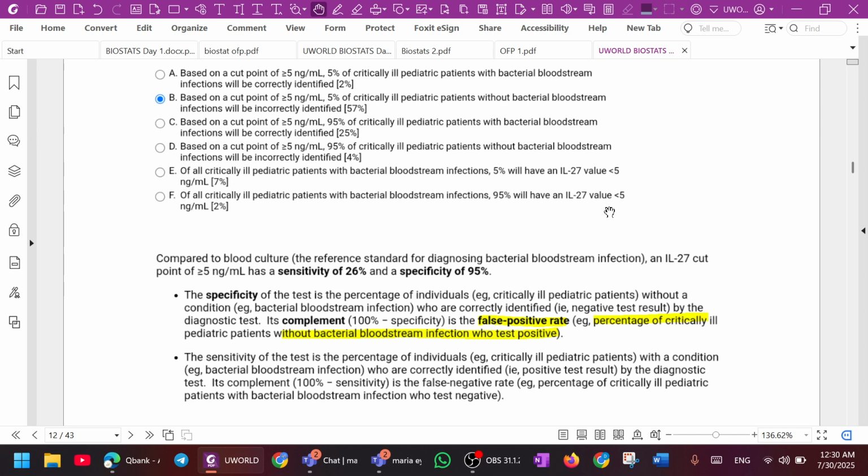Is it false positive or false negative? I'm getting confused. It's false negative: people that tested negative for the disease but have the disease. That would be the opposite. So basically, this question is just telling you that for this cutoff point that they gave you,